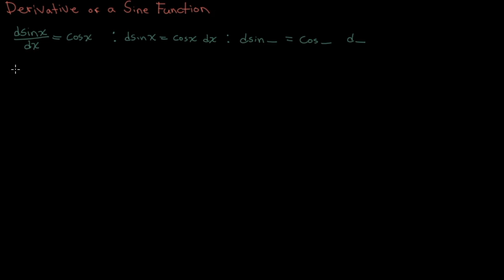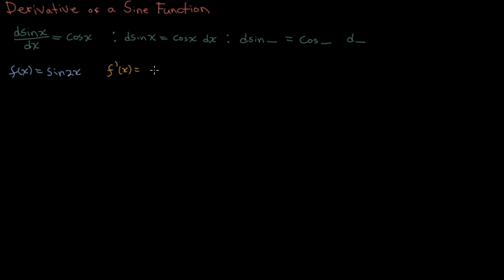So say you're given a function f at x is equal to sine 2x. What would be f prime at x? Okay, how do we evaluate that? Well, we would just use this format here. So f prime of x